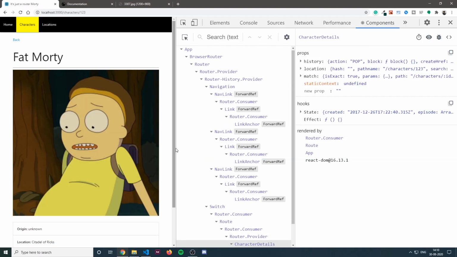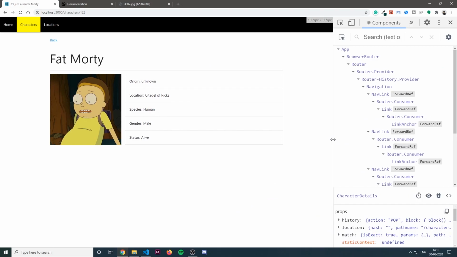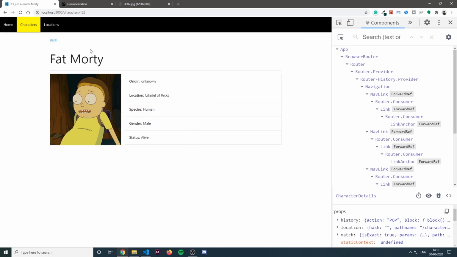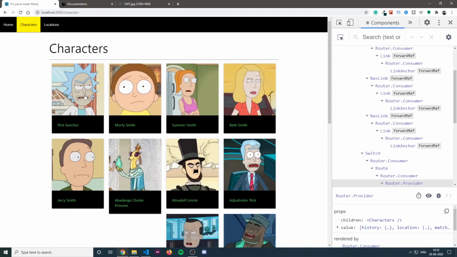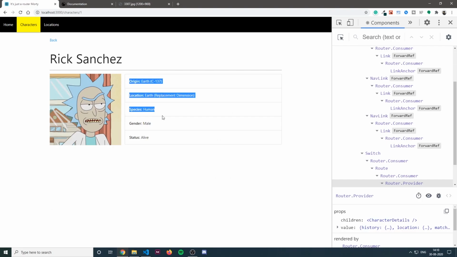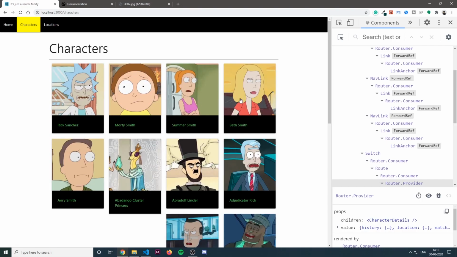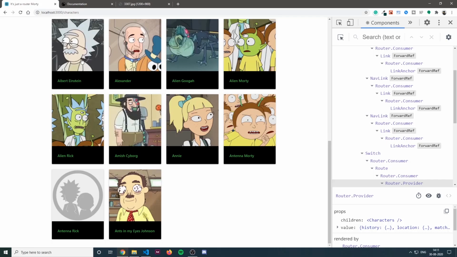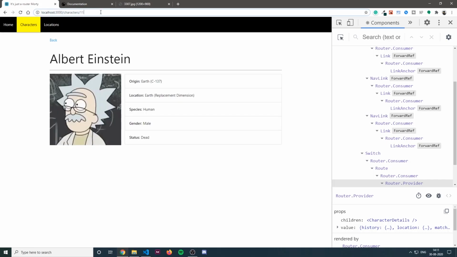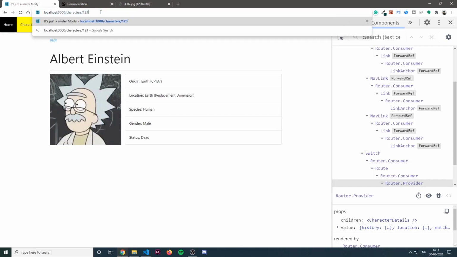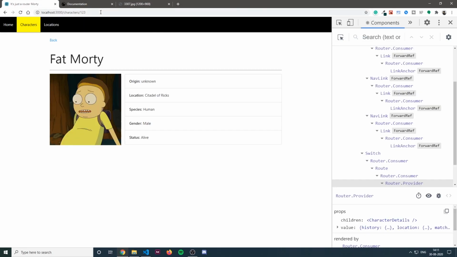When I save it and when I head back to my browser, you can see I have all those details. I can go back and I can click on a different character and I can render details for that particular character. Now, not only that, because we are using React Router, you can change this ID and you can get details for that particular character. This is how you can provide bookmarkable URLs using React Router. You don't have to navigate from the start. You can just use this URL and you have this data available for you.